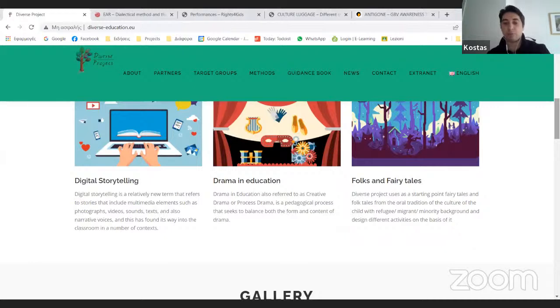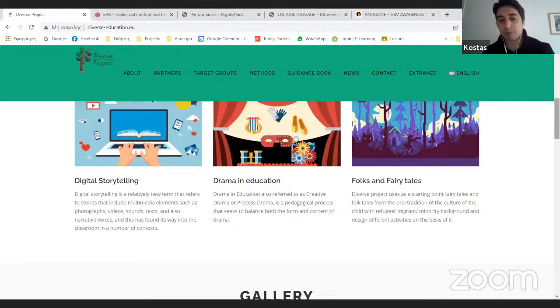Here, what is important is the process, the creation of a safe space for the students of a classroom in order to be able to express their feelings and their thoughts that they could not express otherwise. They could not express them in a frontal lesson or in a conversation, but through the safety of a role, they could. And through this process, we have realized, because this project was implemented in 6 countries with the involvement of more than 500 teachers,